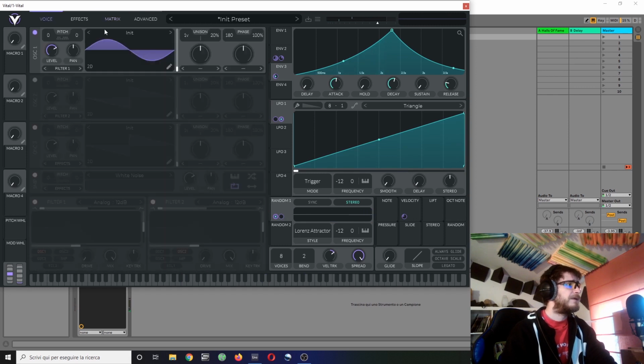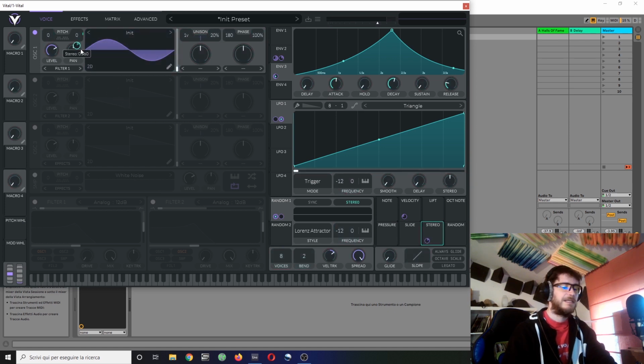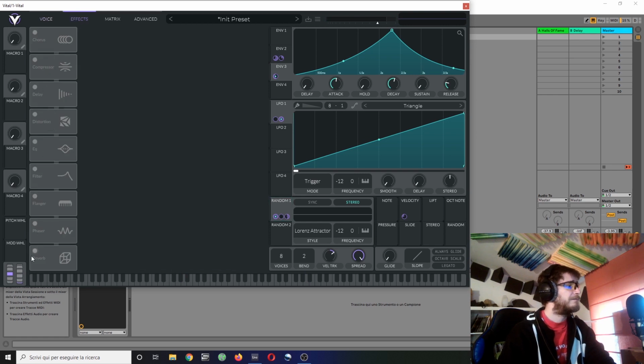So without even bothering doing any detuning, any unison, anything of the sort, I already have this amount of mess. If I do a little bit of detuning here with a stereo mode source, and maybe a little less because it will get kind of crazy, my sound ends up having quite a significant amount of stereo opening. I could even use this random, which is already stereo, to modulate my tuning and I kind of know if I just add this thing a little bit